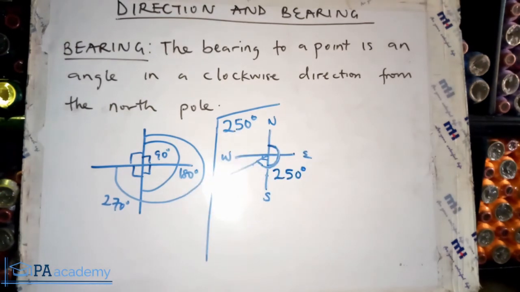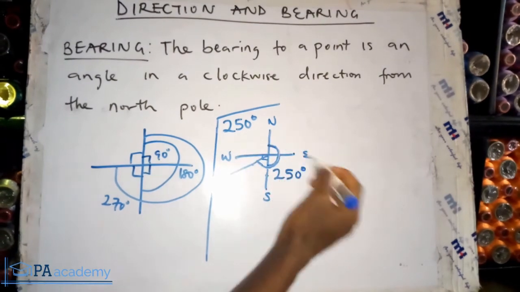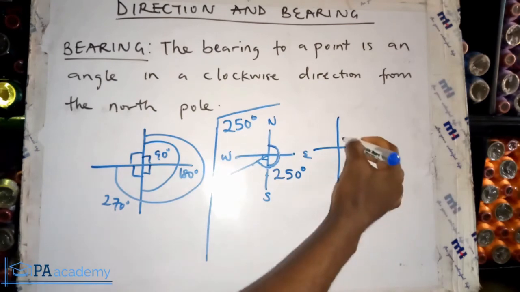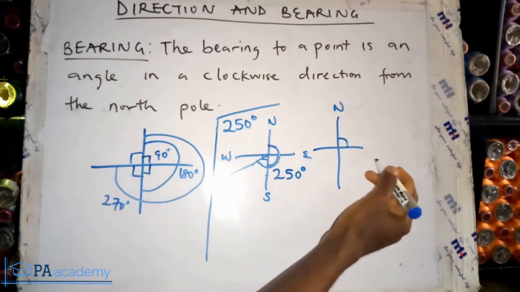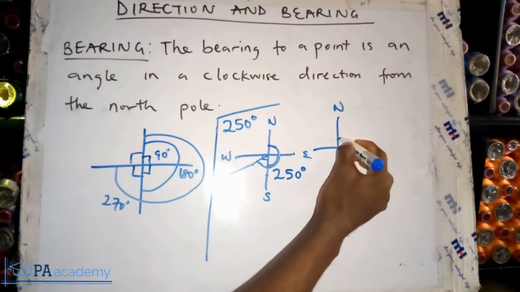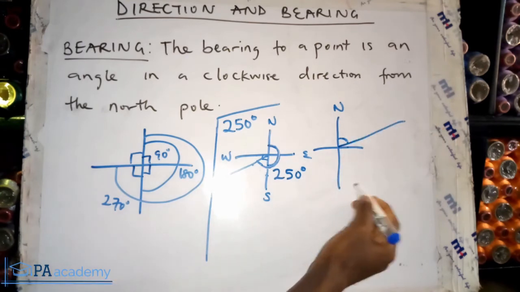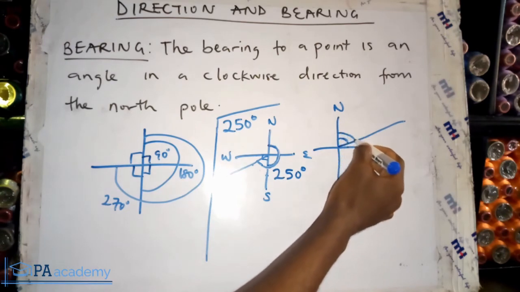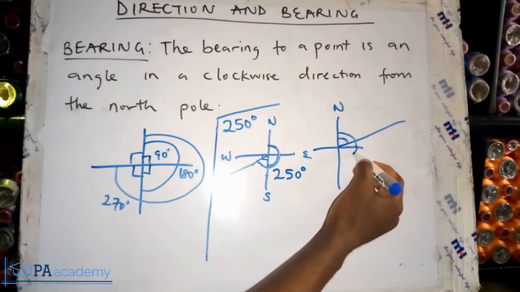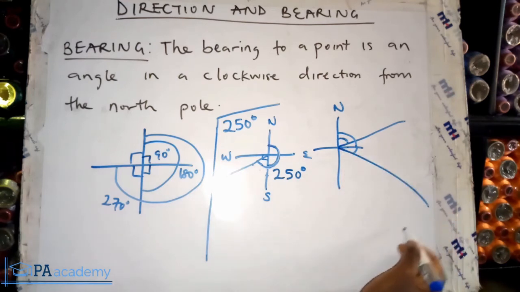Just understand this for when we start doing examples, where you'll be asked that something moves at a bearing of 180 degrees, 250 degrees, 110 degrees, 200 degrees. So this is what it means. First of all, draw your cardinal points. Start from the north pole and then start to pick the angle. From here to here is 90. If the bearing is not up to 90, maybe 70, you know this is it. If it is more than 90, let's say 110 like we looked at earlier, you know that this is 90, you need 20 more. So you take this as your 20, then this is the bearing. I hope that is clear. So that is it on bearing.